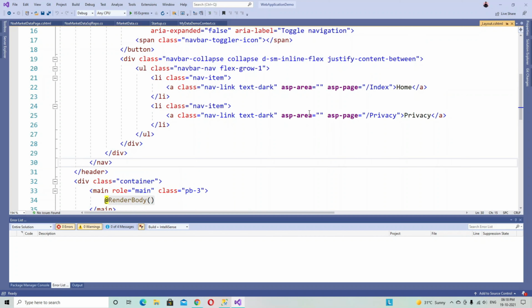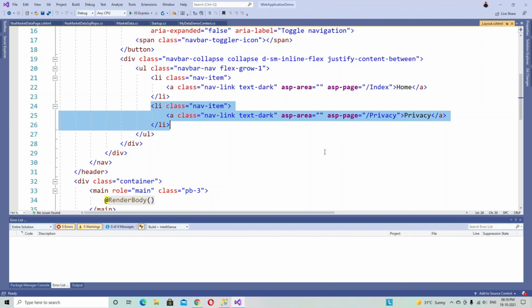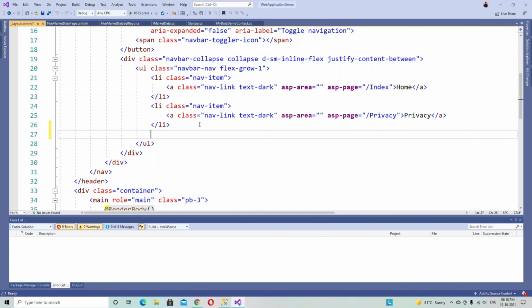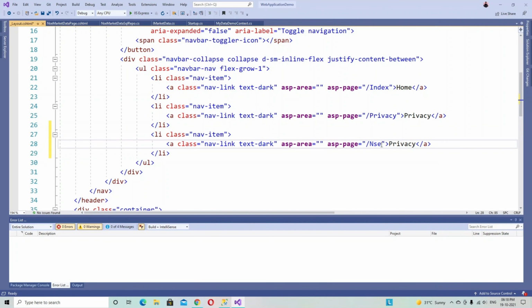In this file, copy the link element and paste it under that link element, and change its name from Privacy to the NSEMarketData page. It's our ASP page tag. Now change our hyperlink text to Nifty 50.